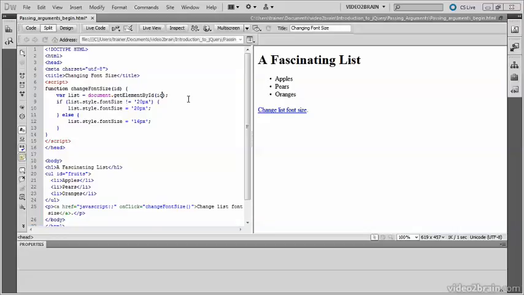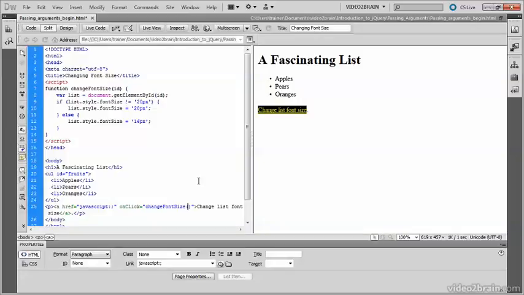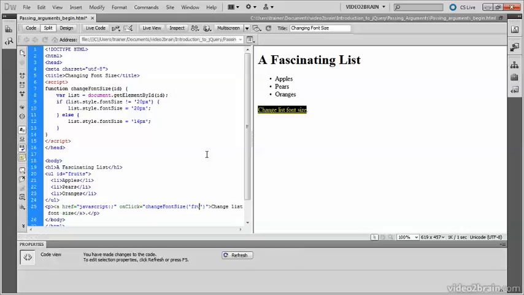You pass the actual value to the function when you call it, so it needs to go here in the event handler. And the event handler is wrapped in double quotes, so when I put the value fruits in here, it must be in single quotes. Using quotes incorrectly is a common cause of mistakes in JavaScript. It doesn't matter whether you use single or double quotes in JavaScript, but they must always be in matching pairs,